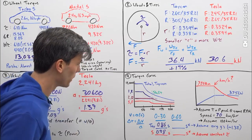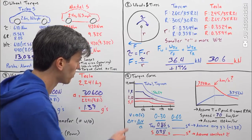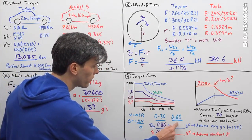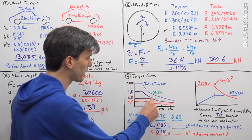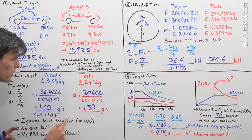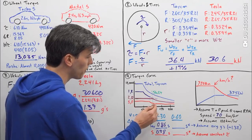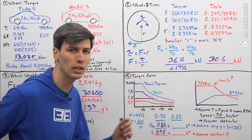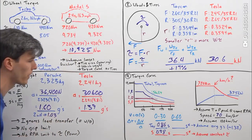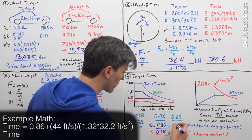Now, unfortunately, that Porsche Taycan's torque starts to drop off at about 50 kilometers per hour. It's quite a steep drop off, and so we can still calculate what its 0 to 60 is going to be, assuming that it reaches its final torque of about 1.03 Gs at the end. So it's starting at about 1.6 when it's at 50 kilometers per hour. Once it gets to 100 kilometers per hour, then we're down to about 1.03 G. So we're going to take the average of that, and doing the math using that average, we get a 0 to 60 time of